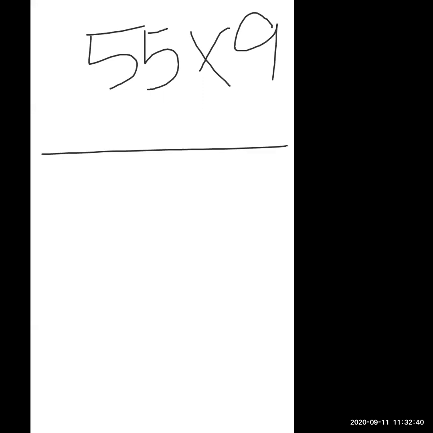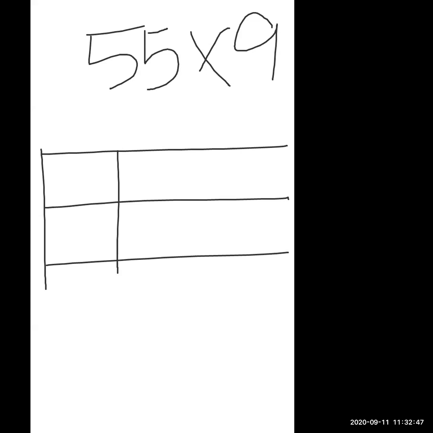Yes, I'm going to write the numbers and you tell me the answer in the chat box. Okay. Ready, everyone? Yes. 55. First, I'm going to write in a simple way: 55 into 9. Now I'm going to draw the first column. 3 columns will come again.